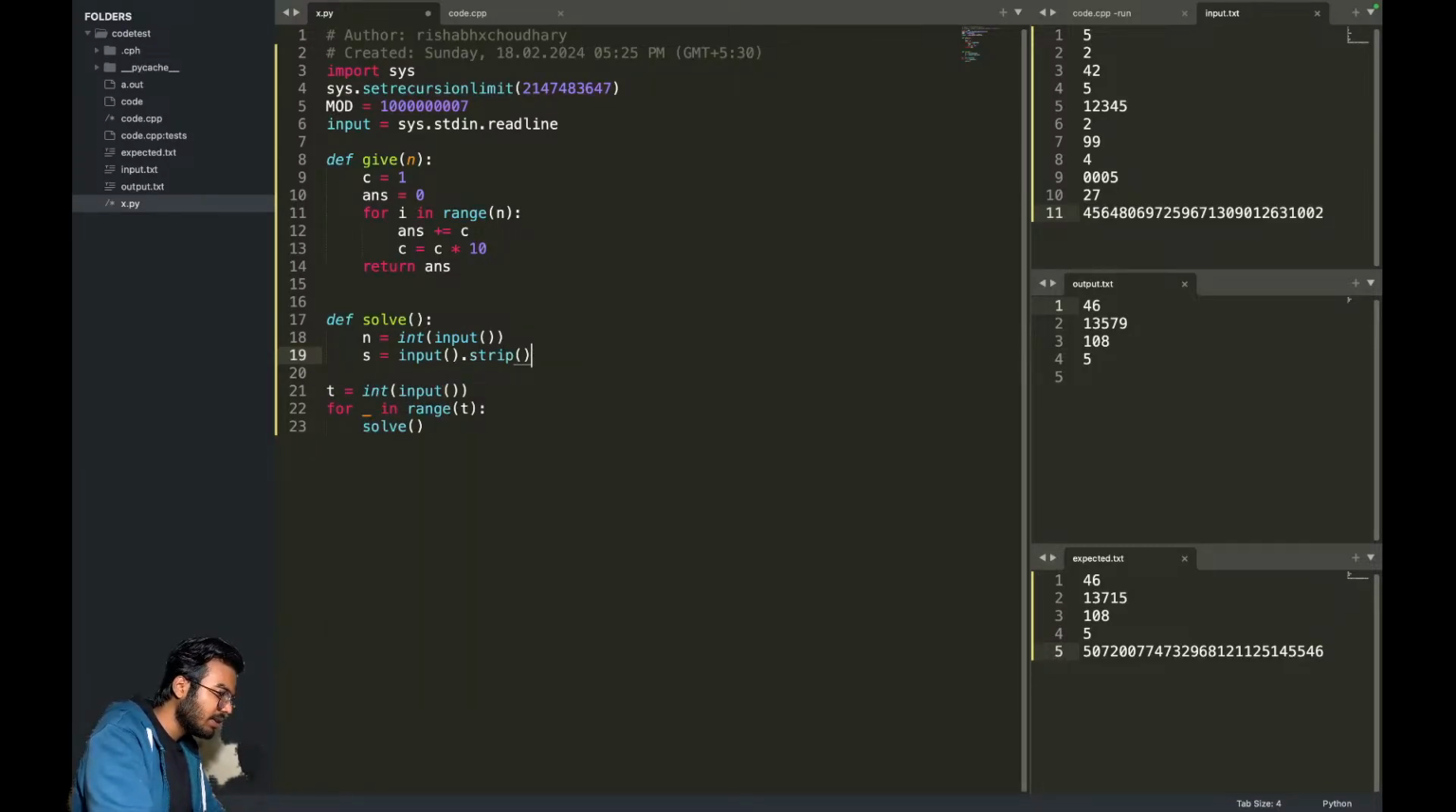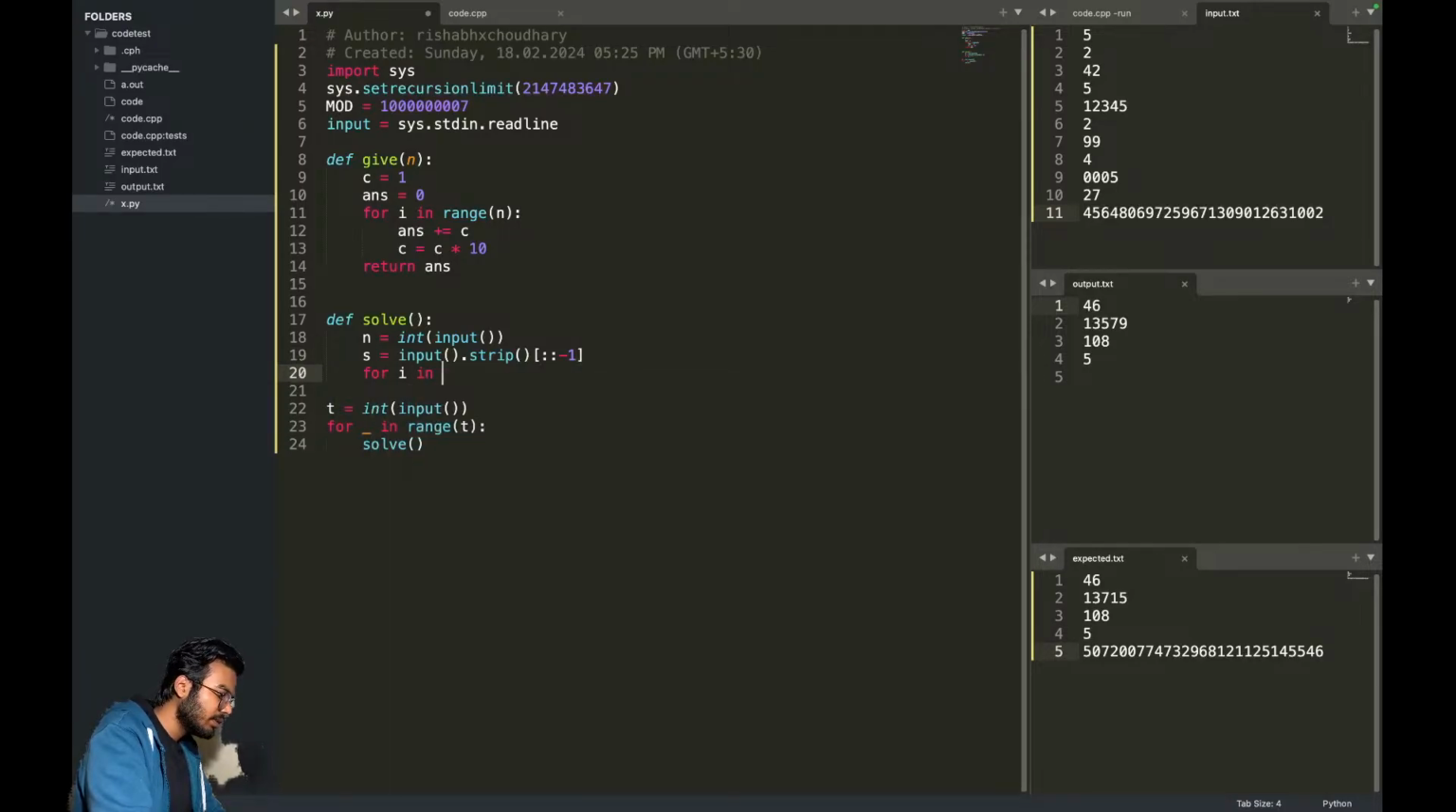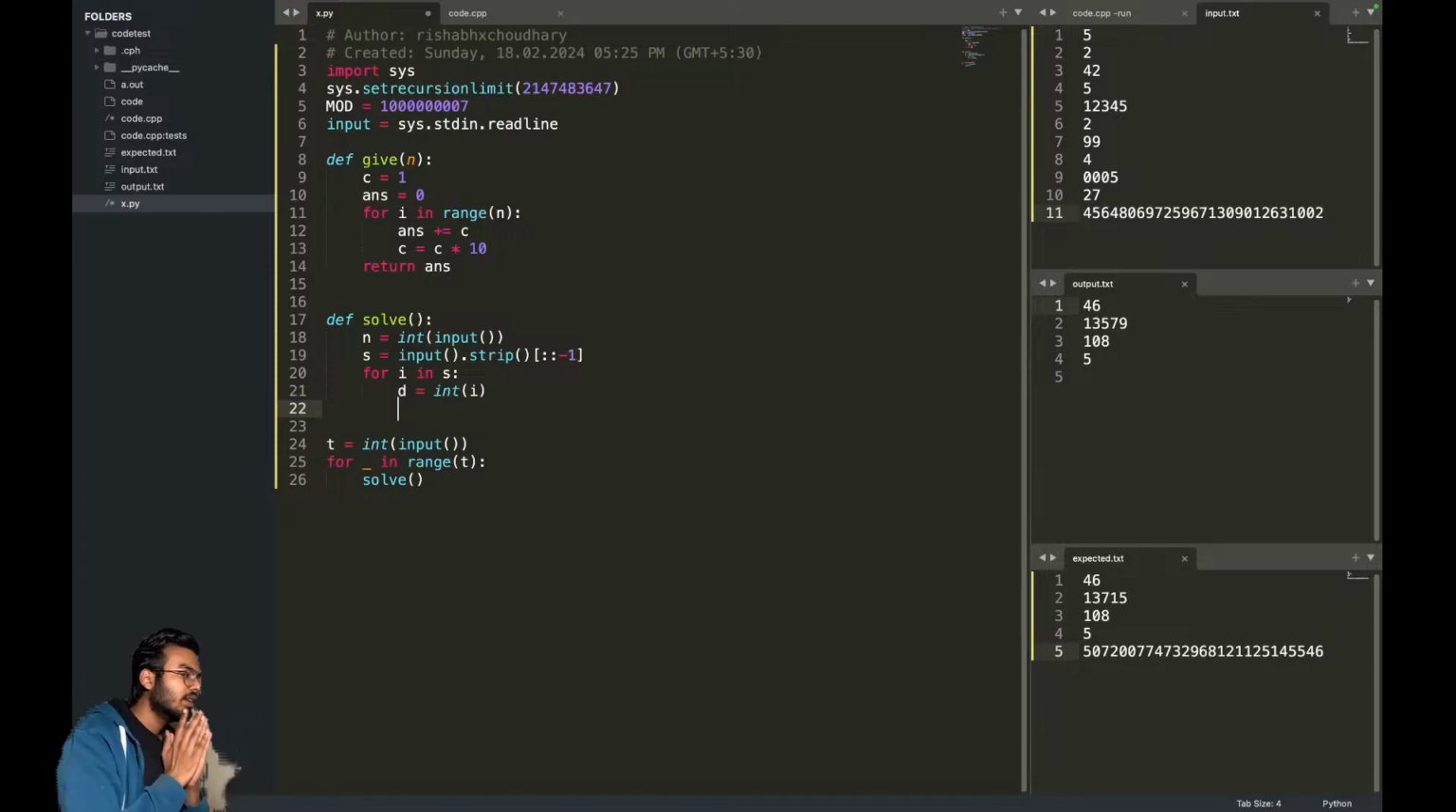First I will strip it, and then I want to reverse this string, and now I want to traverse in this string. Okay, so let's say the digit is int d, int i. So this is the digit I have. Now first of all,